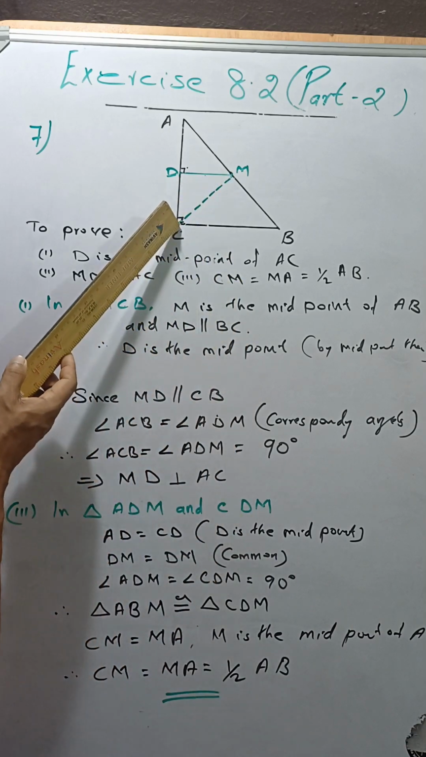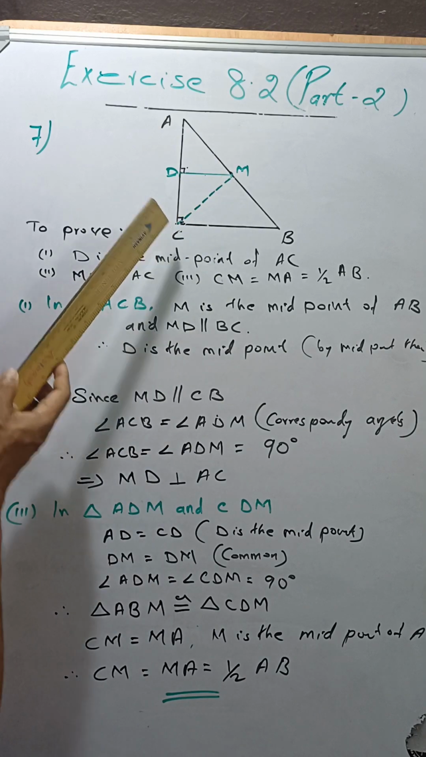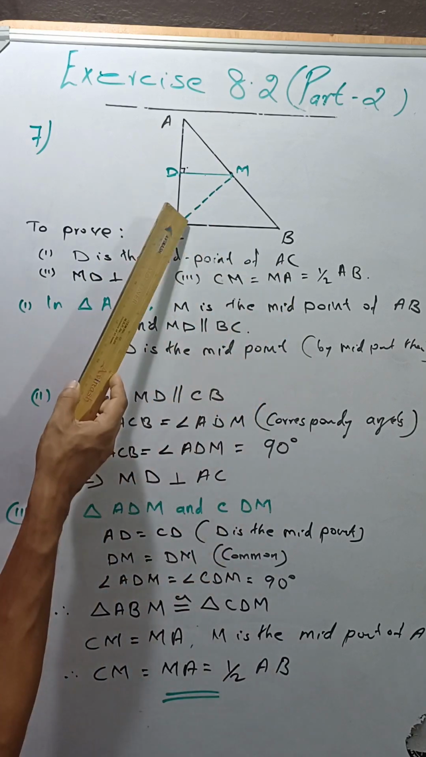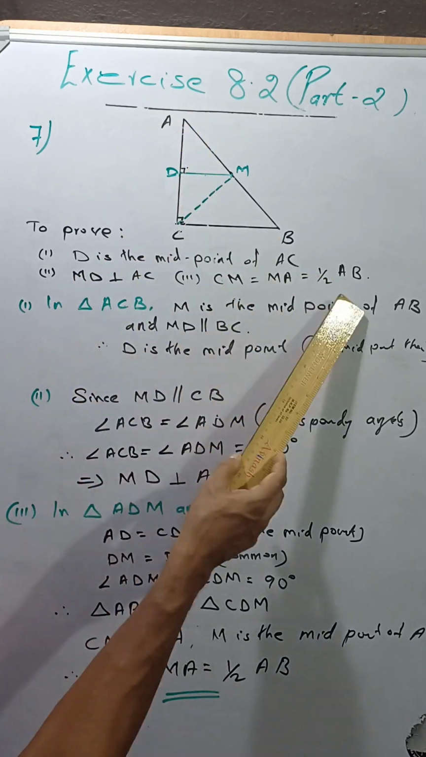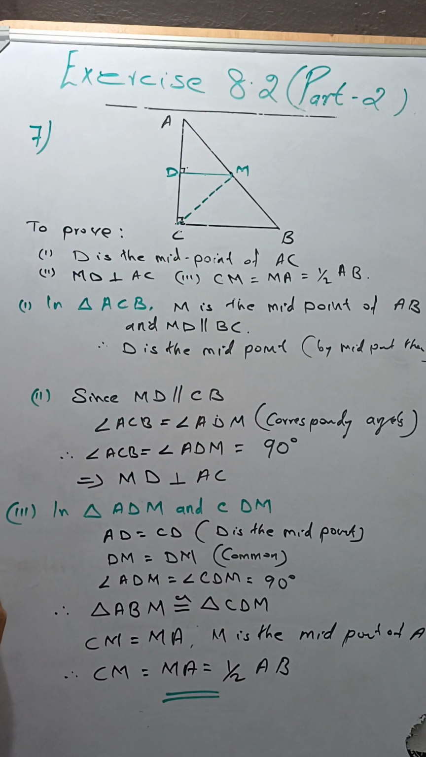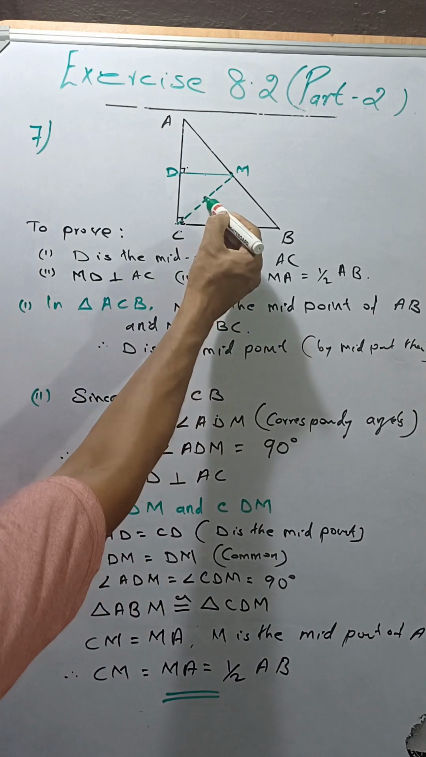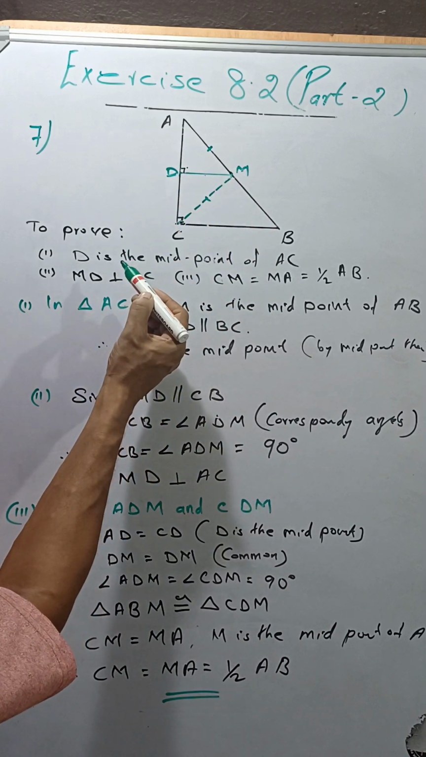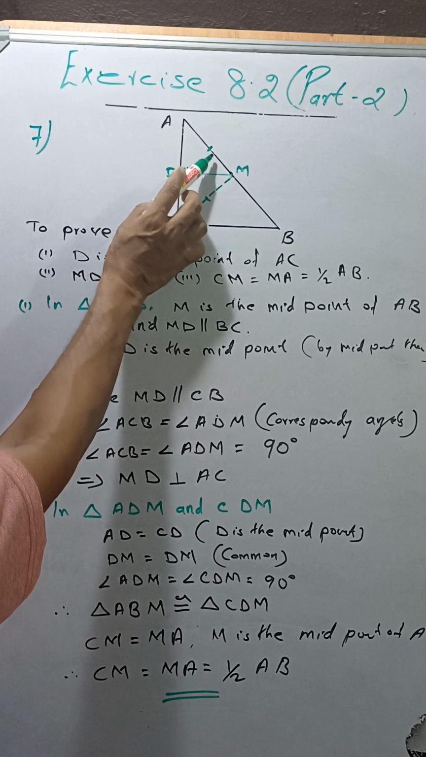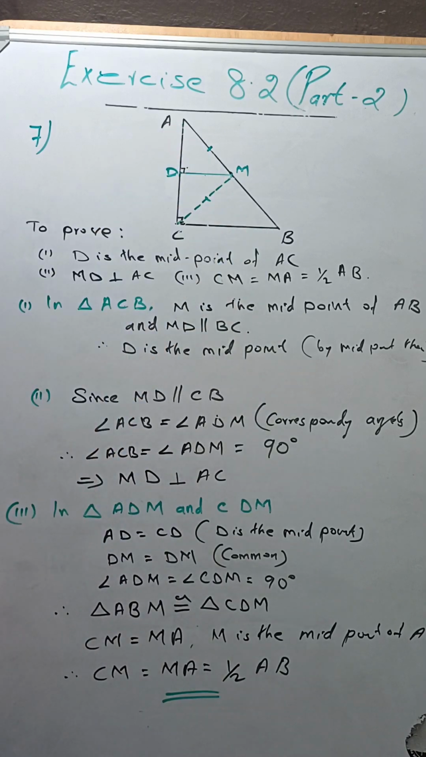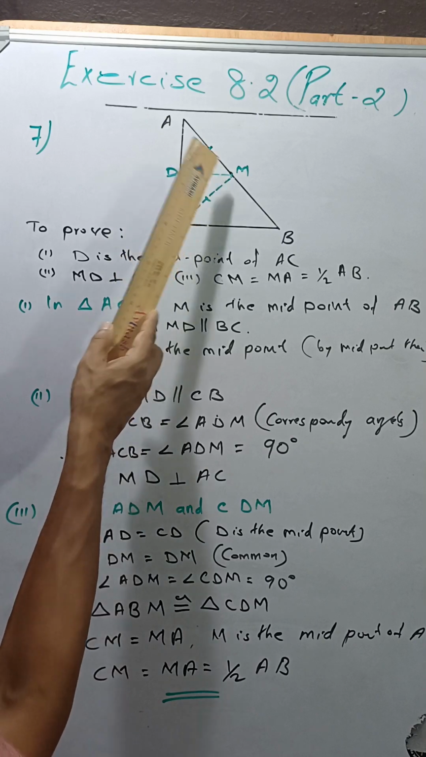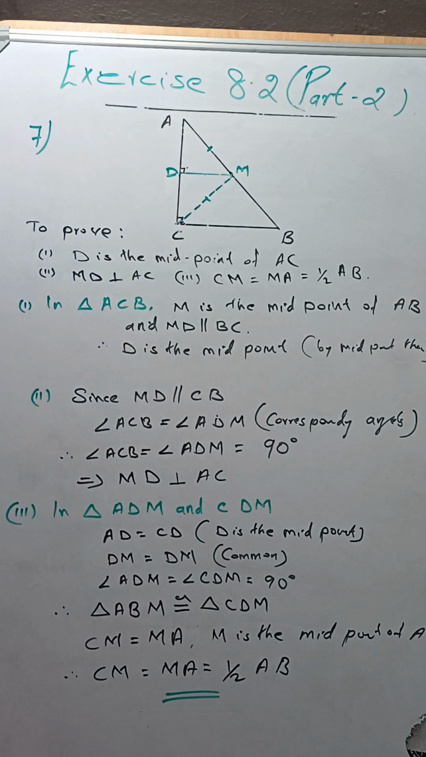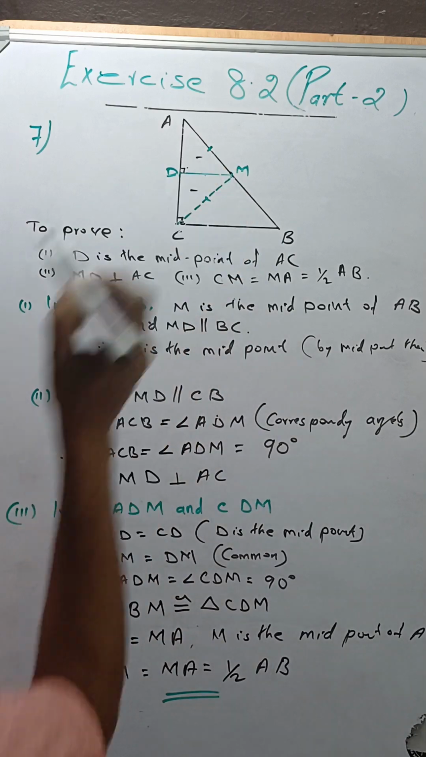Then let us go to the third part, CM. Here we have done a construction joining M and C. For the third part, we have to prove CM and MA are equal as well as equal to half of AB. For proving this, we are taking these two triangles,